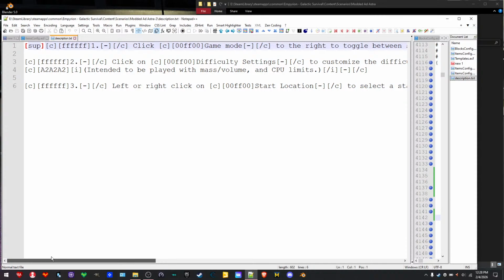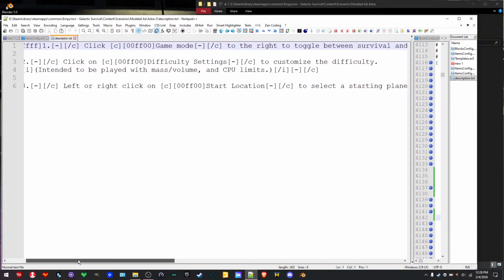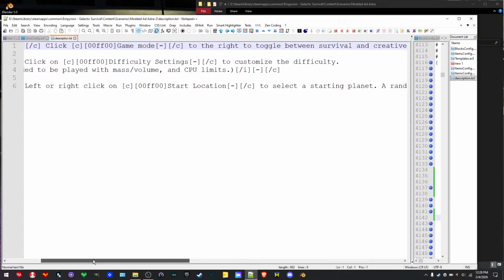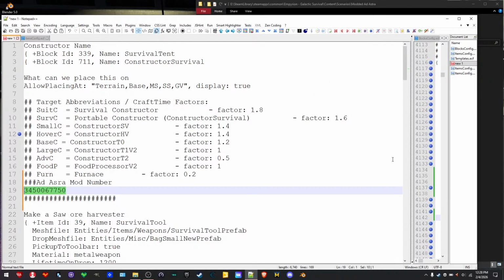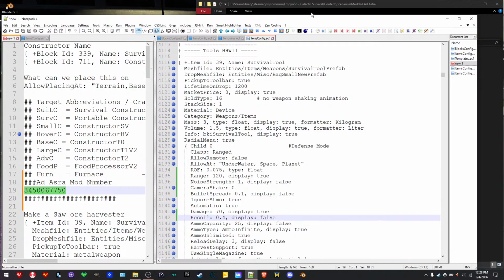I'm reading, guys, because I really didn't mess with this file or whatever. I didn't mess with this one just yet. So you really don't have to do anything in the descriptions file. That's fine. But anyhow,